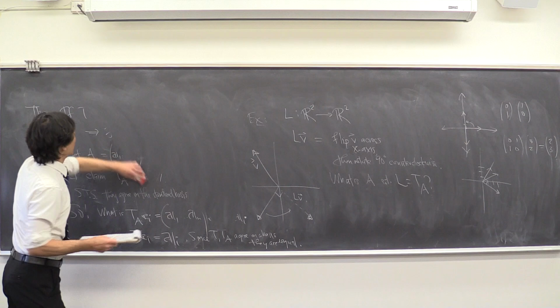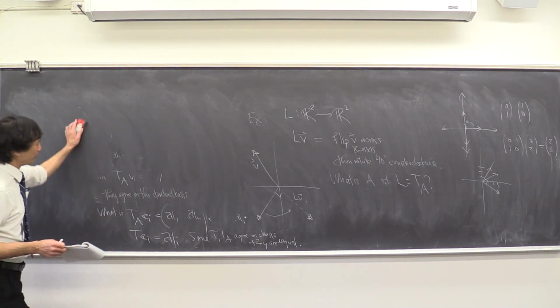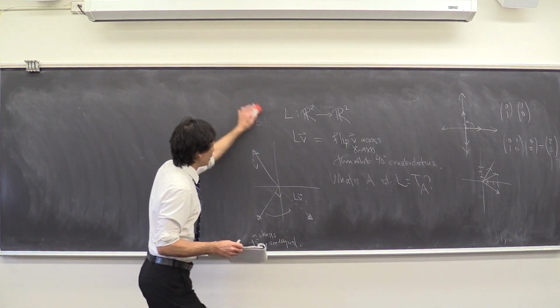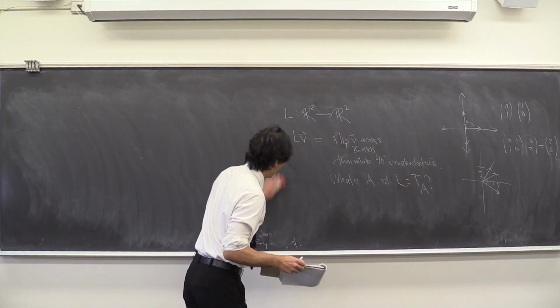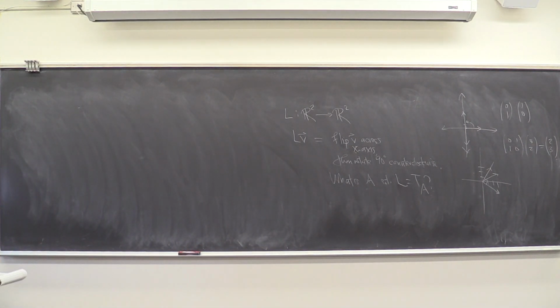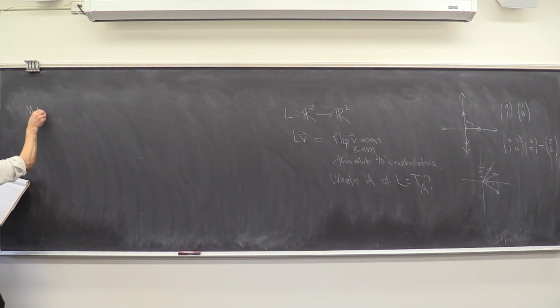Okay. So that seems kind of cool, right? Whatever linear transformation you have, it actually corresponds to a matrix. Okay, and now we're going to go into the world of abstract vector spaces, so matrix representations